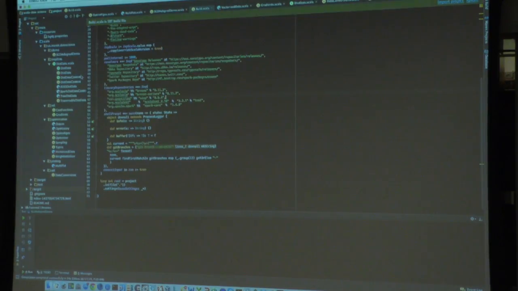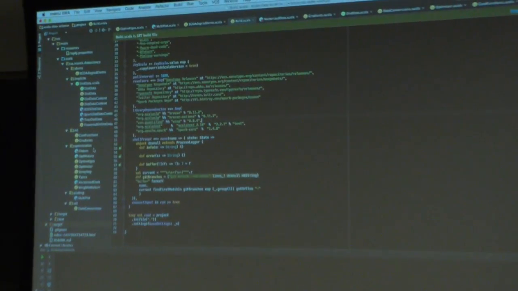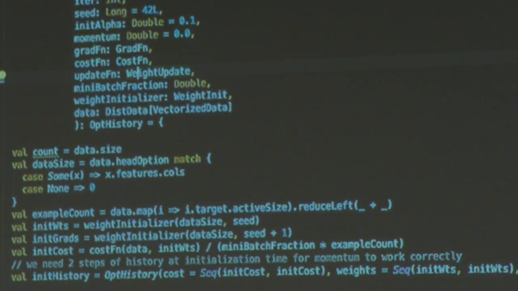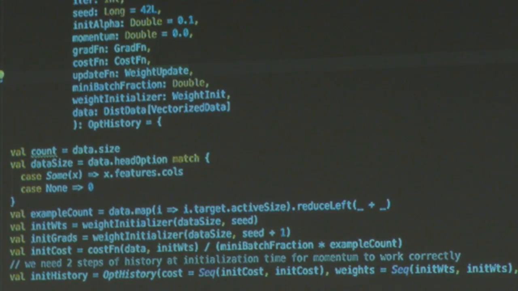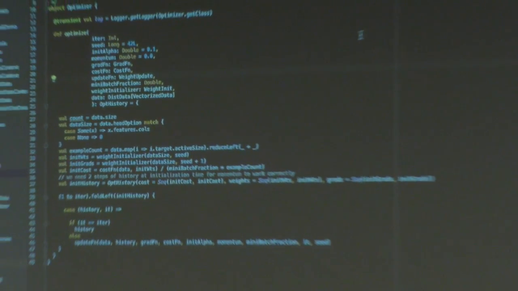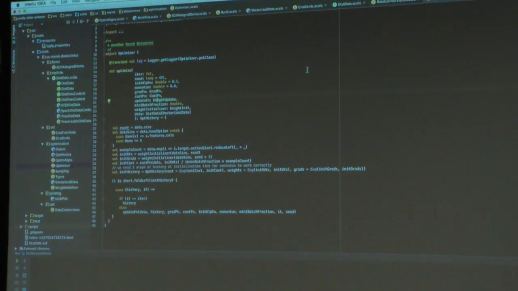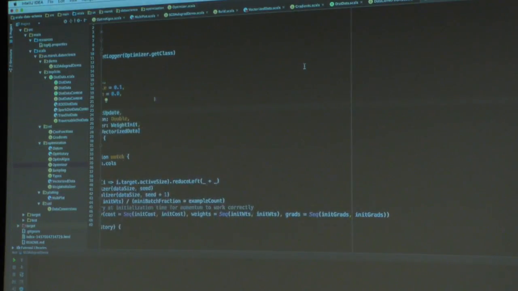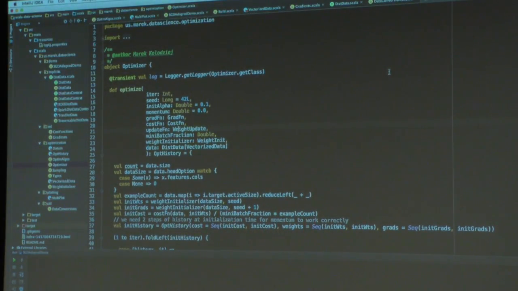But let's just look at a couple of other things. First of all, the optimizer is going to simply take some hyperparameters here, such as the number of iterations, the initial learning rate, and the momentum. Momentum is a way to preserve the direction in which you moved in the previous iteration. That reduces the variation in the direction in which the movement is unstable, and boosts it in the direction in which the gradient is small but the direction is stable over the last few iterations.